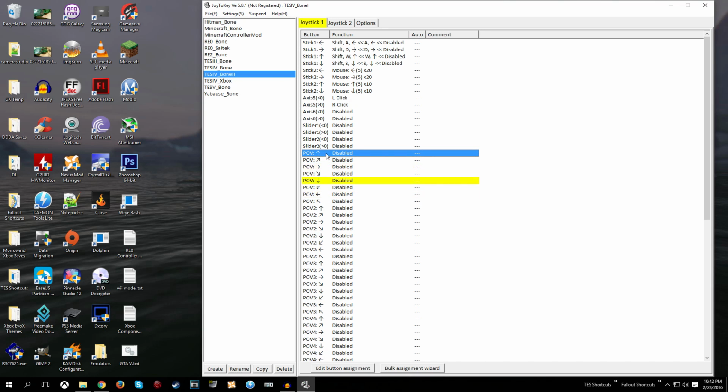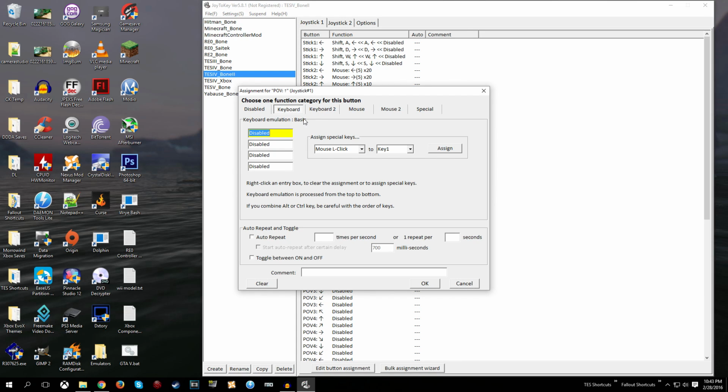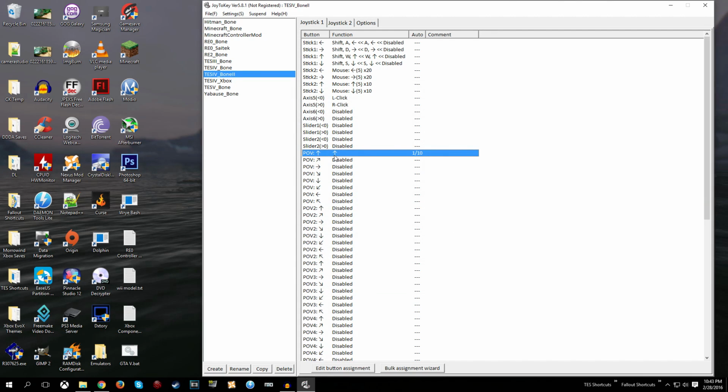Now I have 8-way D-pad configured for the hotkeys, but I'll get into that a little bit later. Right now, we're going to map up on the D-pad to the up arrow, and I'm going to go to auto repeat, and I'm going to auto repeat that 10 times per second, and click OK. And what that does is,